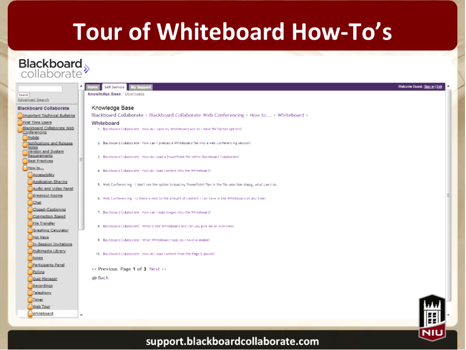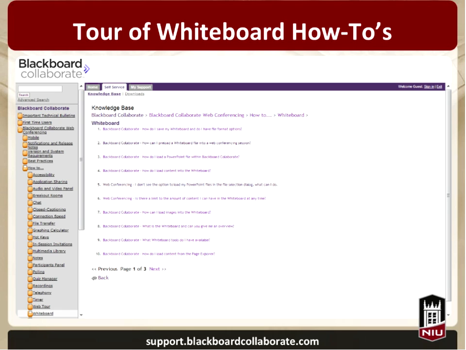There is scrolling down, all of the different features are listed, and there's really nice frequently asked questions, kind of how-to answers for the different features that are all built in. And there's a lot of the different features here. The whiteboard is what we talked about today. You can go down to the whiteboard and you can drill down and you can learn about the different features